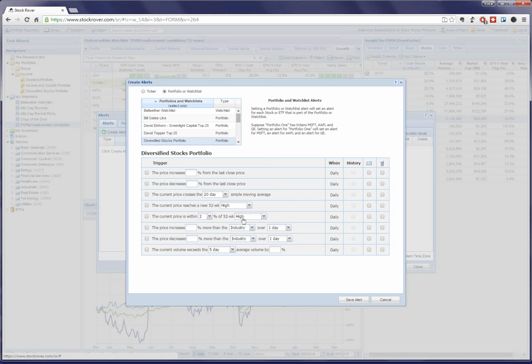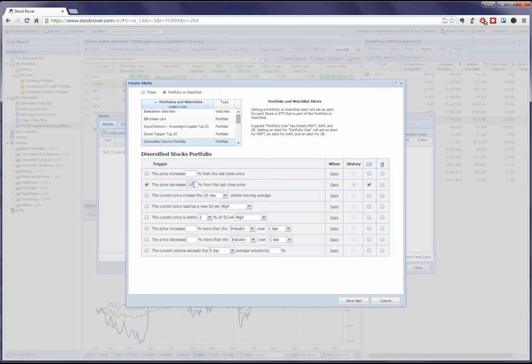From here, I can take a look and see what I want to be informed of. I can get an alert when the price increases a certain amount from the last close price for each of the 9 stocks. If the price decreases, say I want to see if any of the stocks fell 10% since the last close price, I can put that in. It'll automatically register as an email alert,